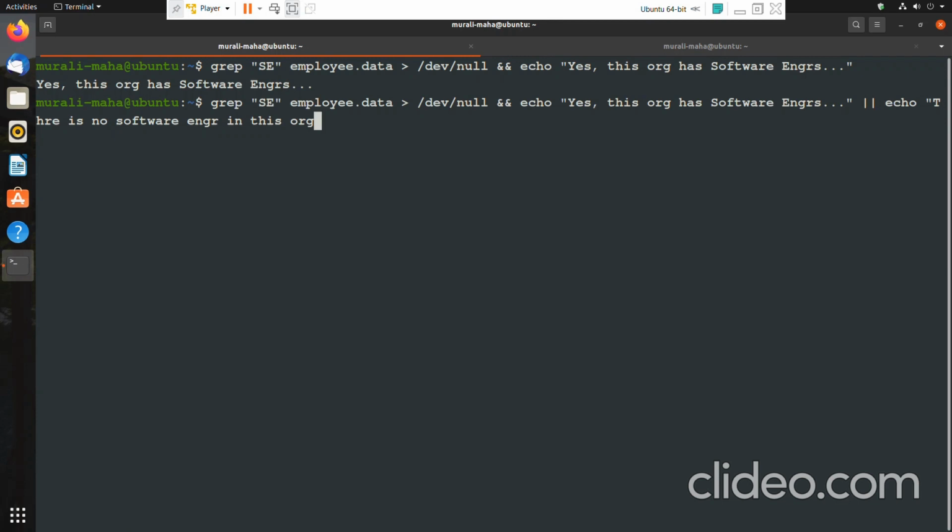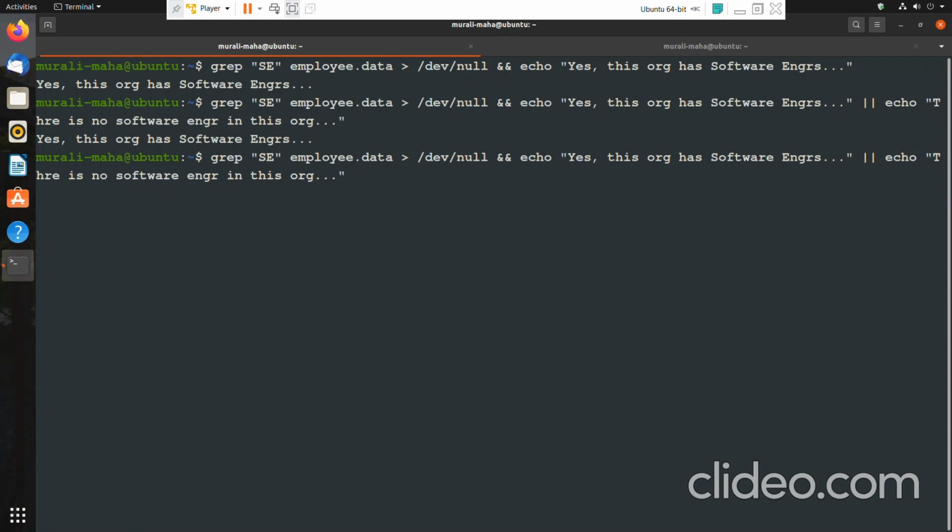Yes, this organization has software engineers. Now suppose I want to look for a pattern known as clerk. Then I'll give: yes, this organization has clerks. Otherwise, I'll say there is no clerk in this organization.